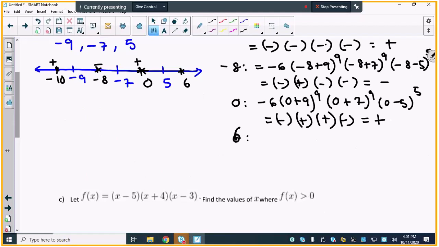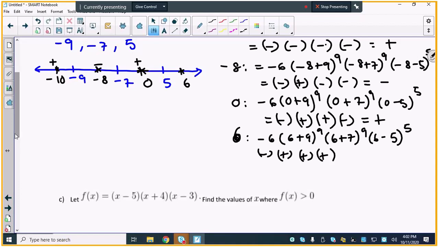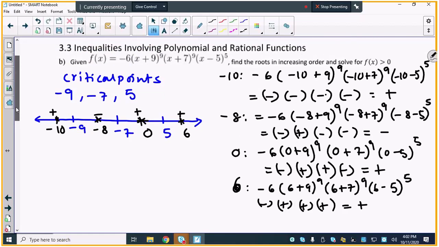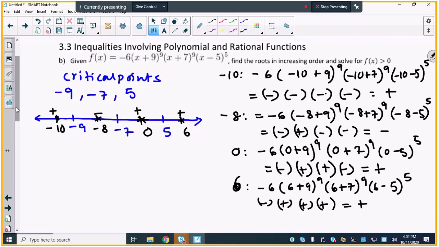So when I do it for 6, negative 6, 6 plus 9 to the power 9, 6 plus 7 to the power 9, 6 minus 5 to the power 5. So I get negative times positive times positive. 6 minus 5 is positive, so to the power 5 will be positive. All of them are positive. When I multiply, I get positive. This problem wanted you to find out f of x greater than 0. So you are actually looking for positive intervals. So since we are looking for positive intervals, we're going to choose all those intervals that are giving us positive